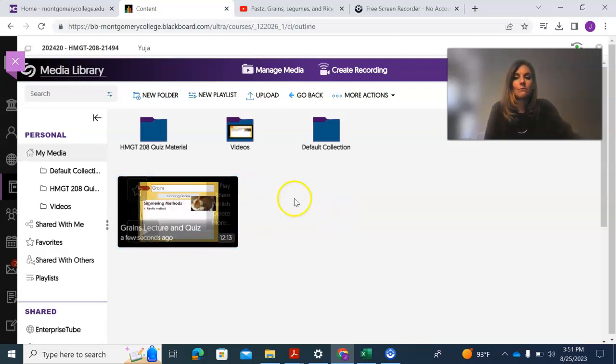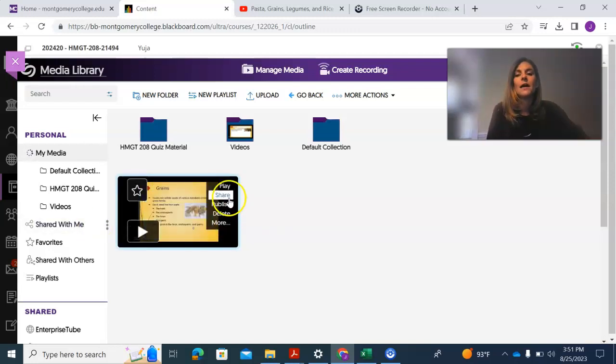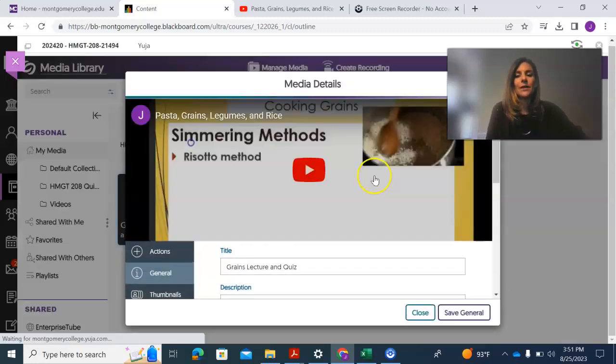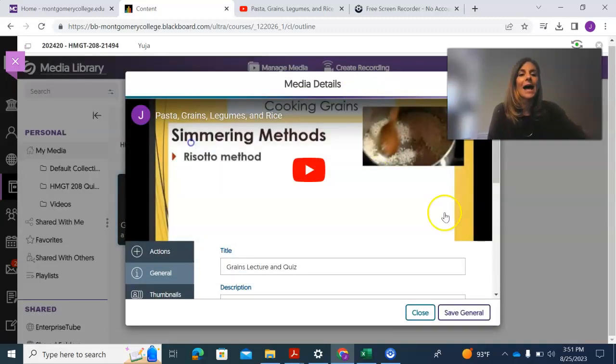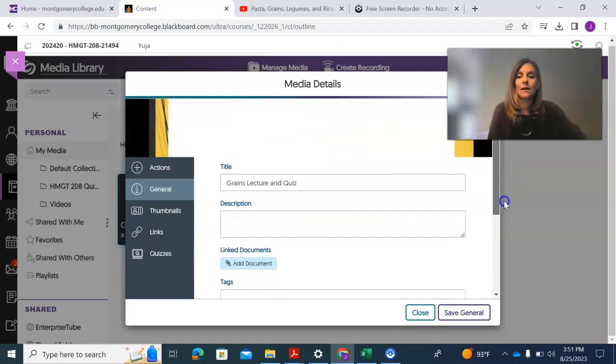Once your video is in Yuja, then you have a lot of different things that you can do with it. You can edit it, you can add different parts to it, play around with it, whatever it is. In Yuja, it's kind of cool stuff. One of the things that, like I said before, you can add, still uploading, I apologize, wait for it to go. We can go ahead and add a quiz to the actual